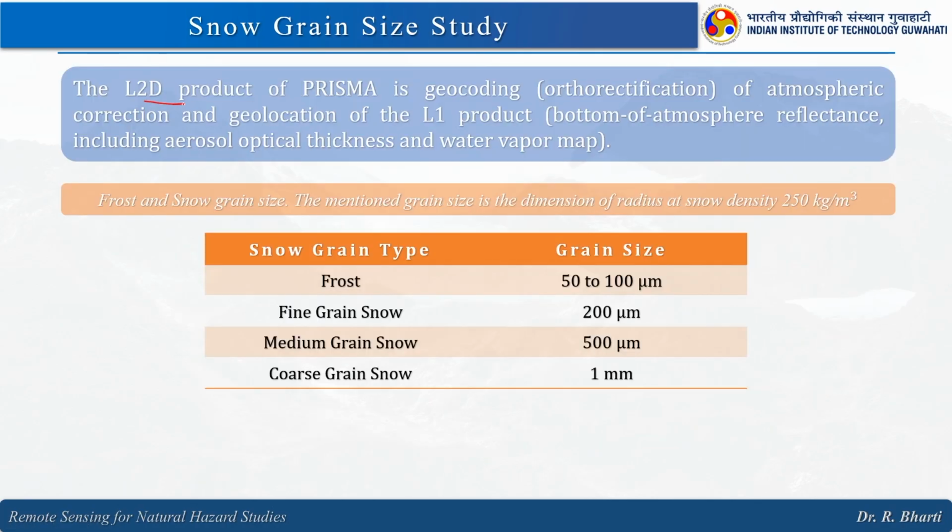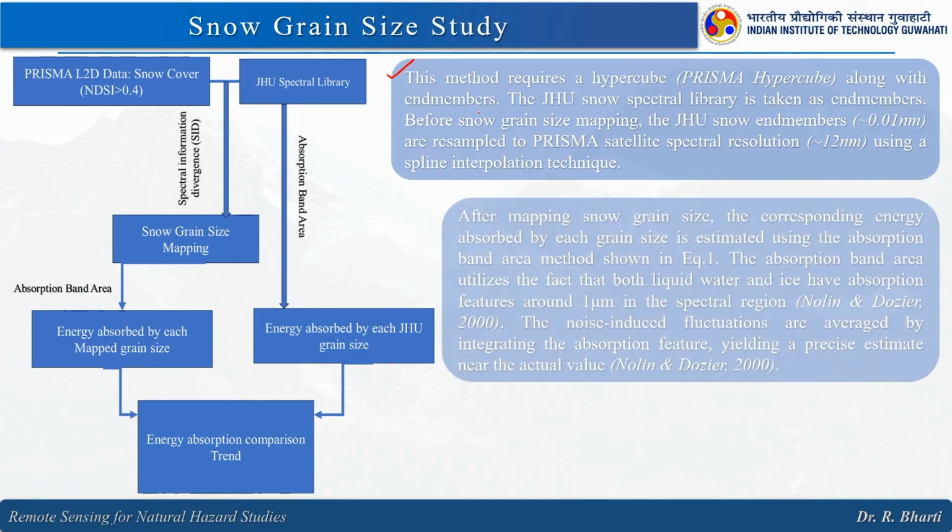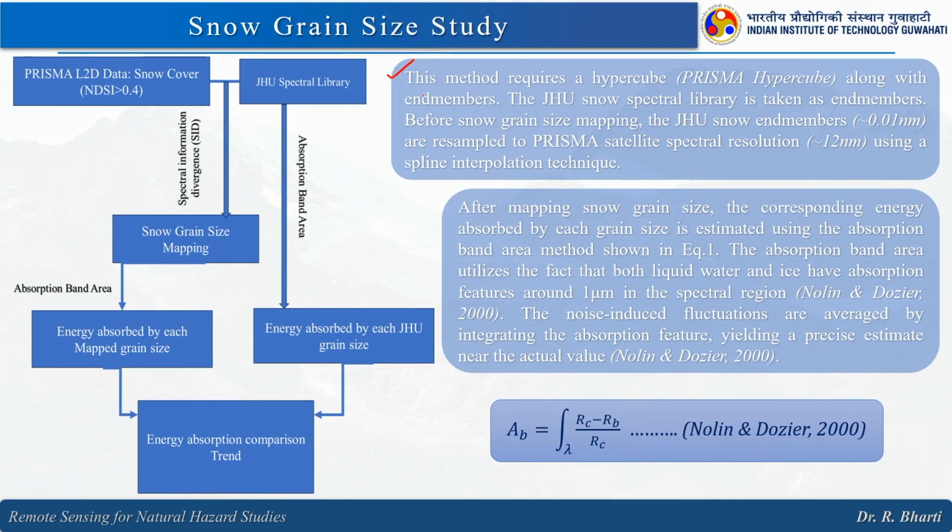The data used was basically the L2D data, which was orthorectified, and which is derived from the L1 product, which is nothing but the bottom of atmosphere reflectance. So, we have used the snow density here, which is 250 kilogram per meter cube, and this is the methodology that has been used in our study. So, here you can see this method requires a hypercube. The PRISMA hyperspectral data, we also call it hypercube, has been used,